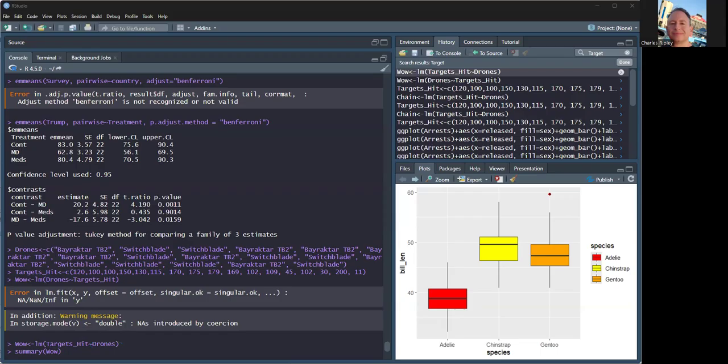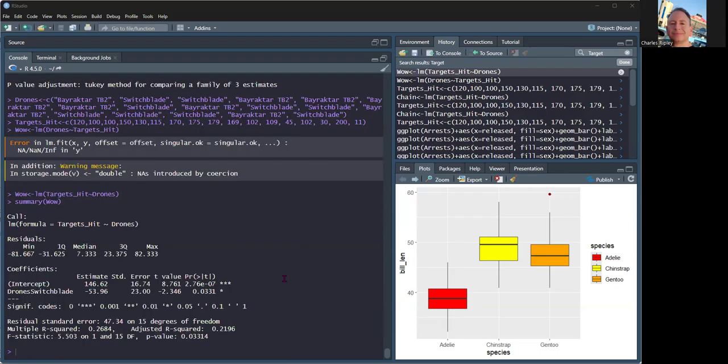So then we put in the summary, and here it is. And it is statistically significant. 1 star, but still. So you see the switchable blade, some people got this wrong, is actually less because it has a negative mark, which means the other one, the Bayraktar, that's from Turkey, is actually hitting more drones, and that's the base here, because B becomes before S in the alphabet, so drones.